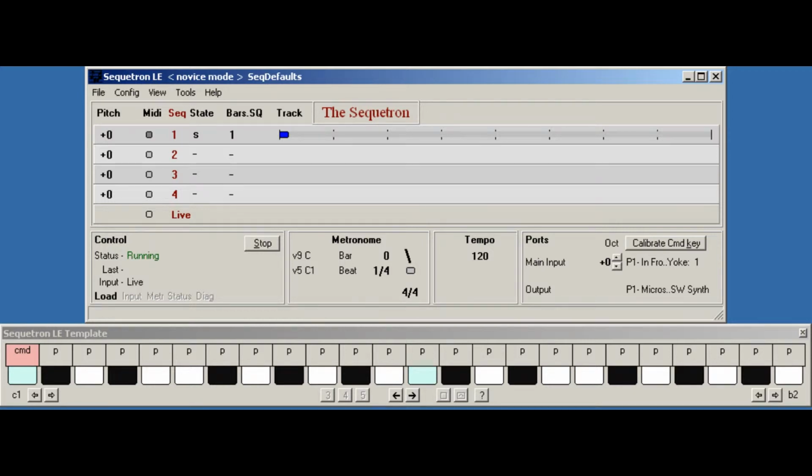Welcome back to the Sequetron test drive part 4. We'll look at the remaining commands in Novice mode and then we'll finally be ready to take off the L